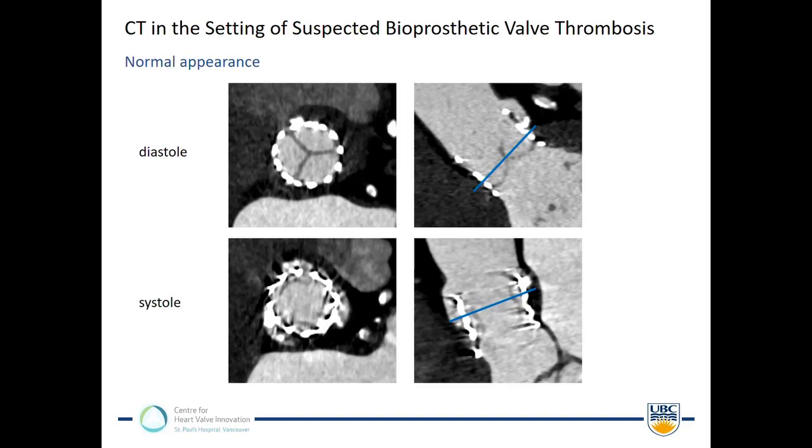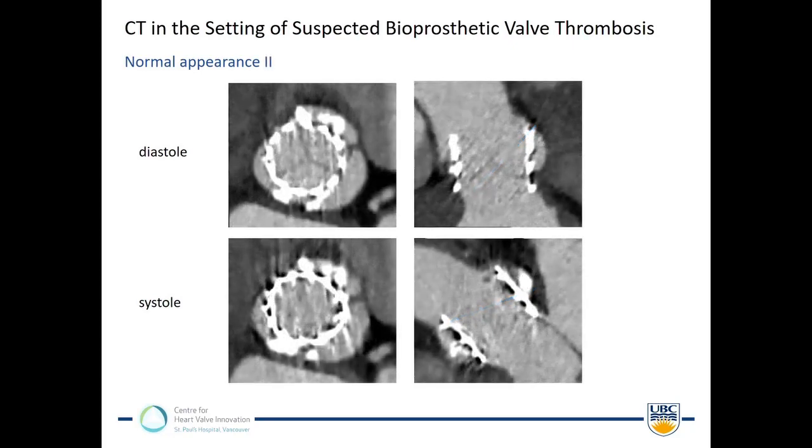Those leaflets should have symmetric appearance, and you see in the upper right-hand image the leaflets are depicted in a very faint but symmetric fashion. Upper images in diastole, nice visualization of the leaflets. In systole, you have more artifacts, obviously, depending on your scanner type and the phase you choose. In this scenario, you can actually see the leaflets in systole opening in a symmetric fashion, almost in line with the stent frame. A second set of images, different patient, different CT scanner.